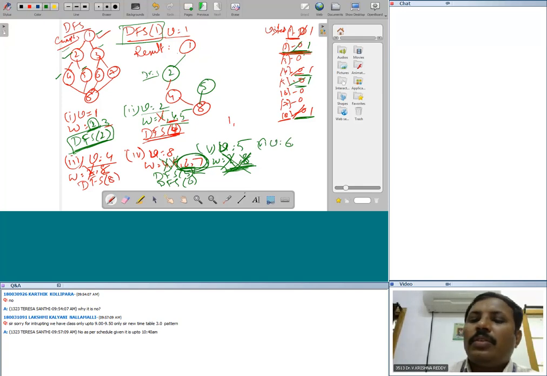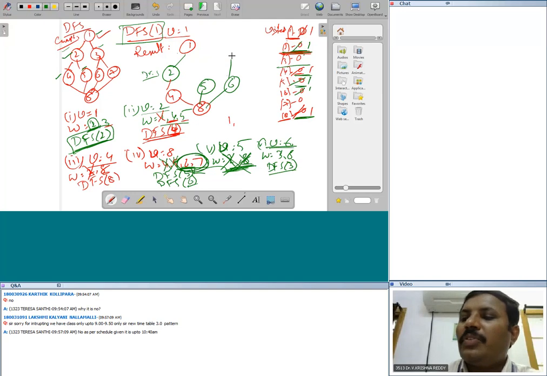If it is 6, then what are the adjacent nodes? 3, 8, as the W values. What is the status of 3? It is 0. So DFS of 3, from 6. DFS of 6 we are calling now. Then we make 6 visited, because 6 is updated with 1. Once 6 is updated with 1, we continue this process. It is a DFS of 3. We call 3, and then update the 3 value as 1 in the recursive function representation. Once it is updated, then we go with the calculation of